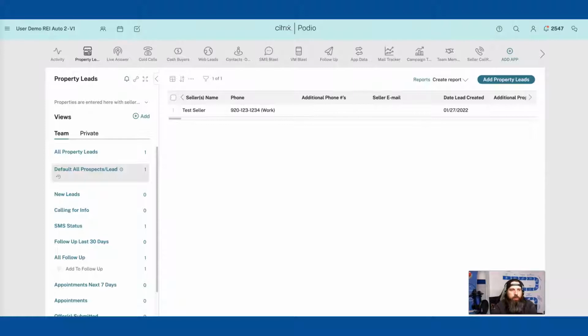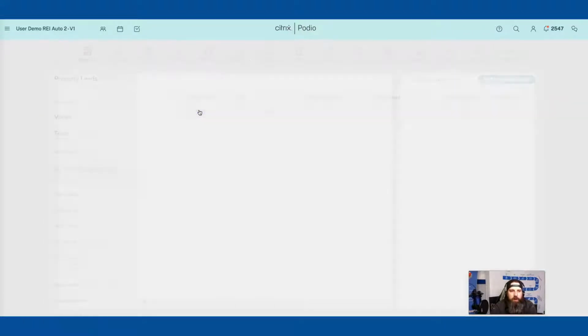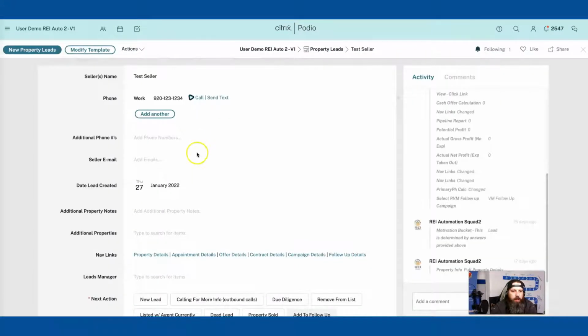We're going to talk through the property leads app area, and specifically the views on the left side here and how you can create some private views that show just the items that you've put your name on. So within Beast Mode or within any of the CRMs that we provide, there is a